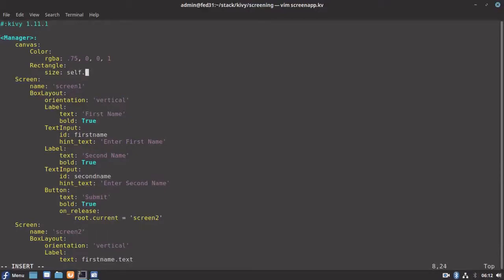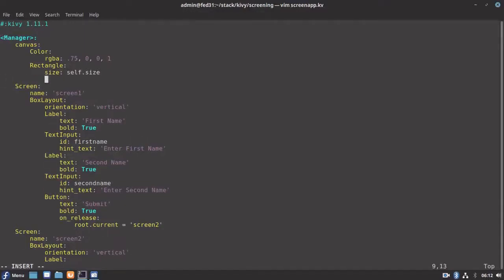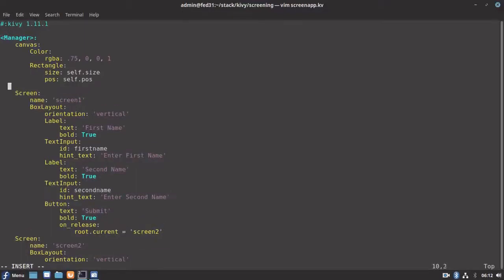Size, self dot size, and position, self dot pos. It will occupy the complete root widget size with position at 0, 0. That is the default. Here let's try to place some background image also in our canvas.